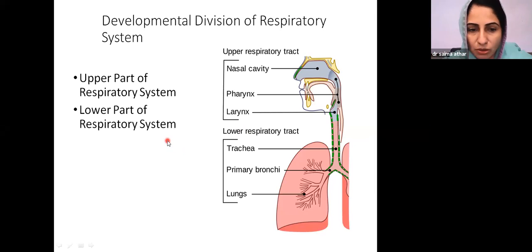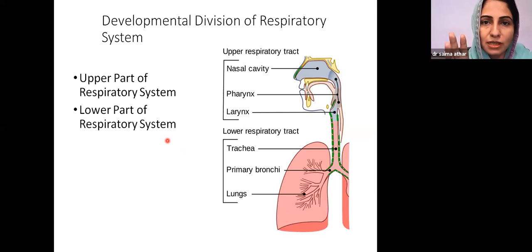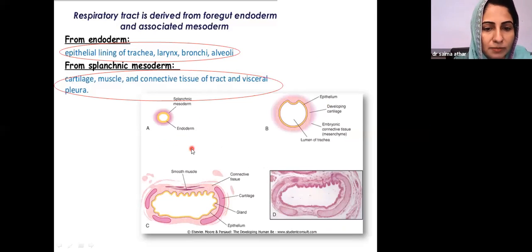Now what I want to make you understand is कि एक तो concept समझ लें कि endoderm से derive हो रहा है respiratory system, ठीक है। दूसरा मैंने आपको ये बताया कि we will be discussing lower respiratory tract, क्योंकि upper respiratory tract जो है that is developed along with the head and neck region. So अच्छा, this is what I was just asking you question कि from endoderm as a whole, when anyone asks you कि from where the respiratory system is developing, your answer would be endoderm, ठीक है। Then specifically someone may ask you, okay, all layers of the respiratory system are developing from the endoderm. Your answer would be